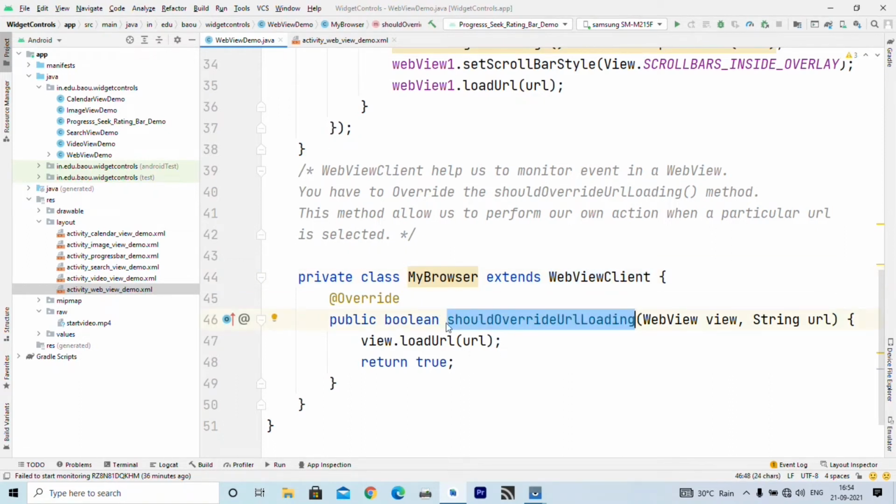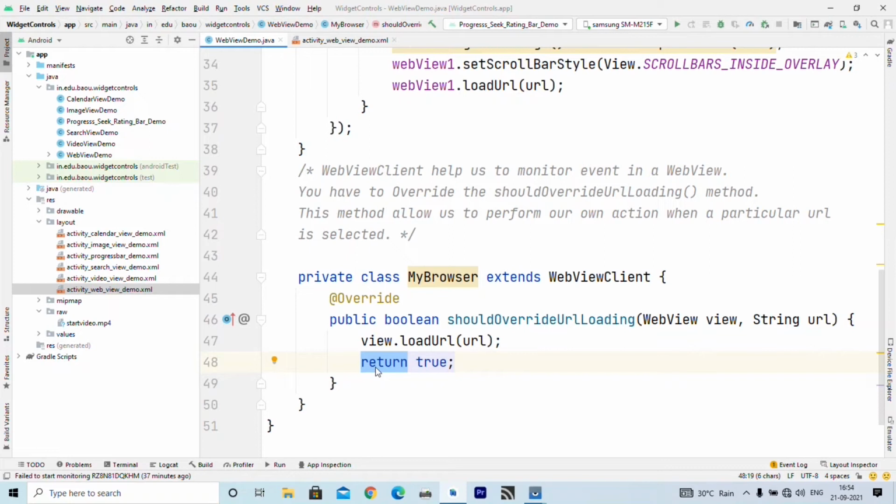Public boolean shouldOverrideUrlLoading, and here you get arguments WebView and the URL that you want to load. So inside, view is a WebView type object, so you write view.loadUrl and then the URL that you want to open, and here I write return true because the return type is boolean.